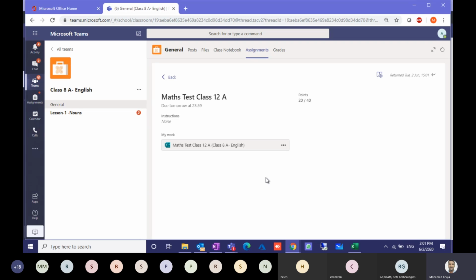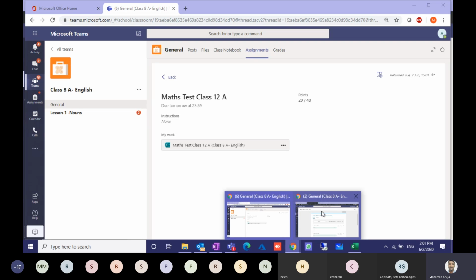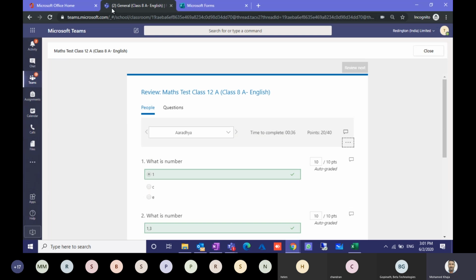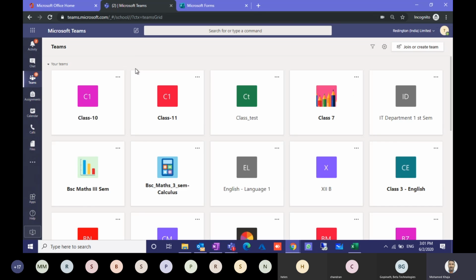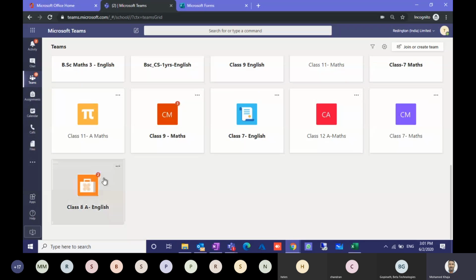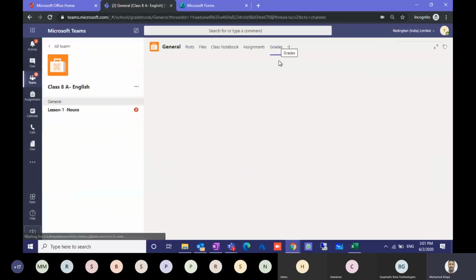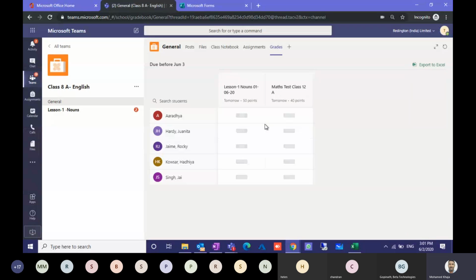Now I will move to the grade. Grade is nothing but the total assessment of a particular class. When you click on grade, you can see all the assignments and quizzes that you have conducted, and how many points the student had in these. Also you can export this for your reporting.